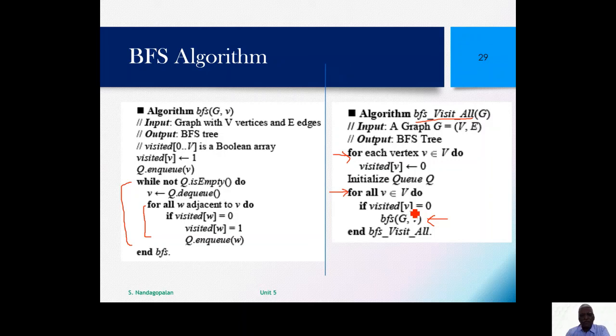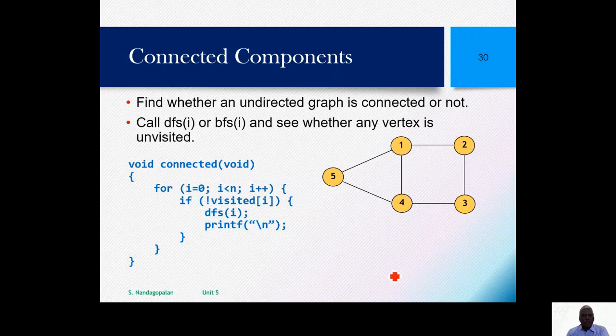This is almost the same as BFS, sorry, DFS, in which case the unvisited vertices will all get visited for the subsequent for loops. So this algorithm will work even if the graph is disconnected. Okay, what is a connected component? As we have just now seen,